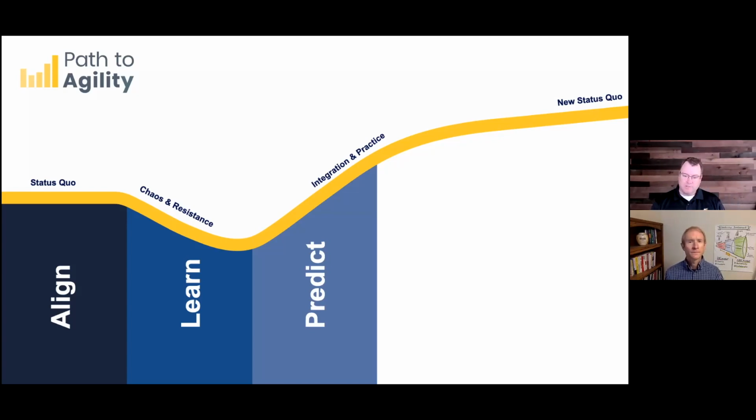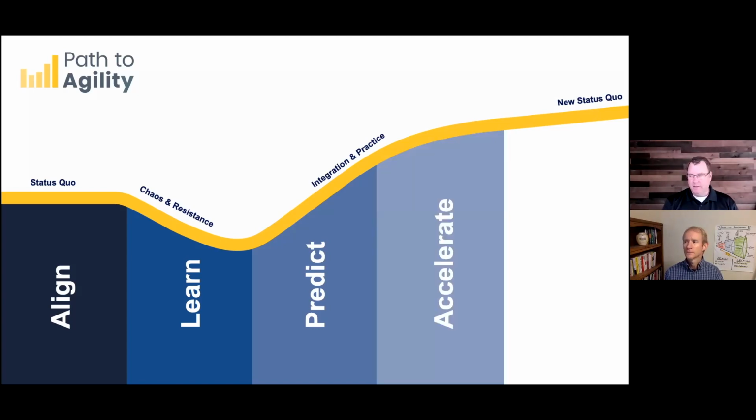So we want to get to predictability because we believe that if we could get more predictable, then we can tune the engine, and then that comes with the 4th stage, which is what we call accelerate. So do we actually start to optimize from beginning to end, concept to cash, the flow of value delivery through the system? And then finally, the 5th stage is what we call adapt, which is if learn is really about